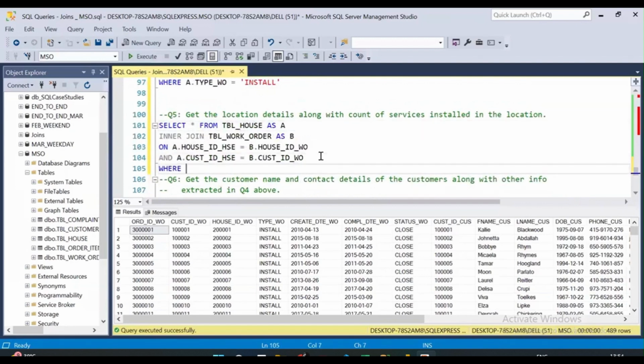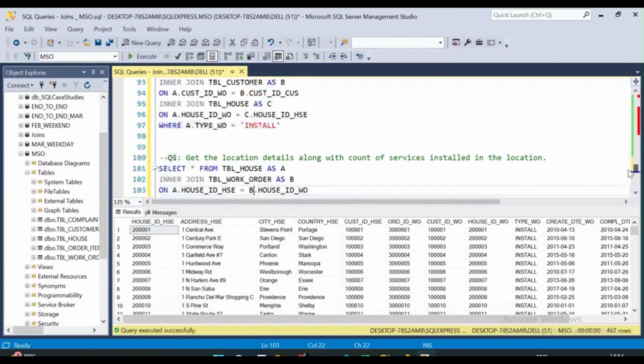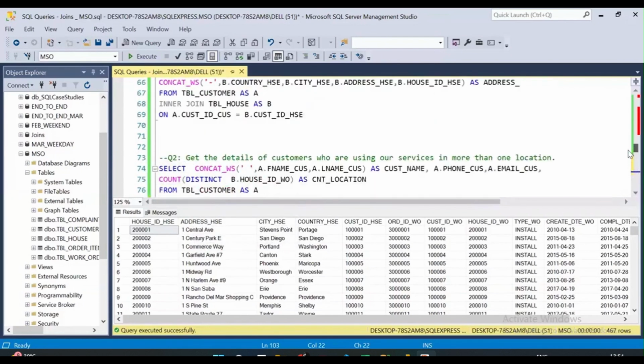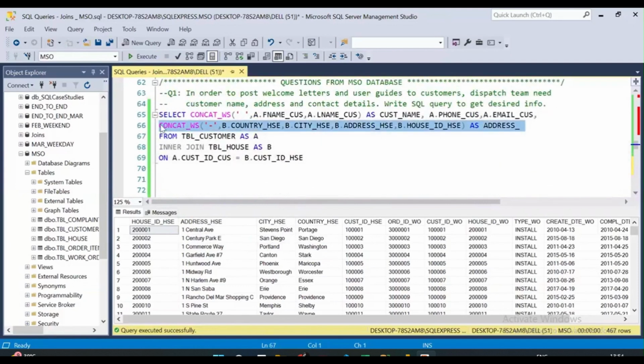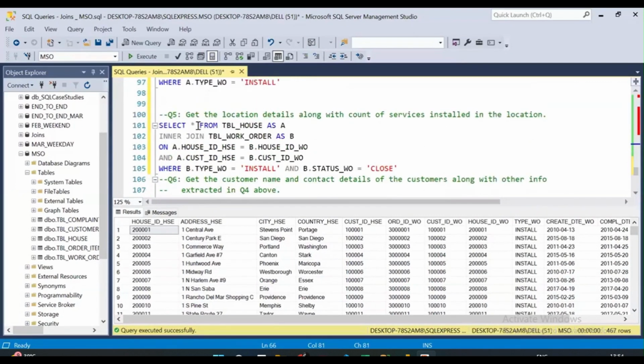So here you can go with the where clause: where B dot type of work order equals to install and B dot status of work order should be close. That's the filter done. So we have 489, 467. Now I need what? Location details. So for location details I have this. This will give me the location details